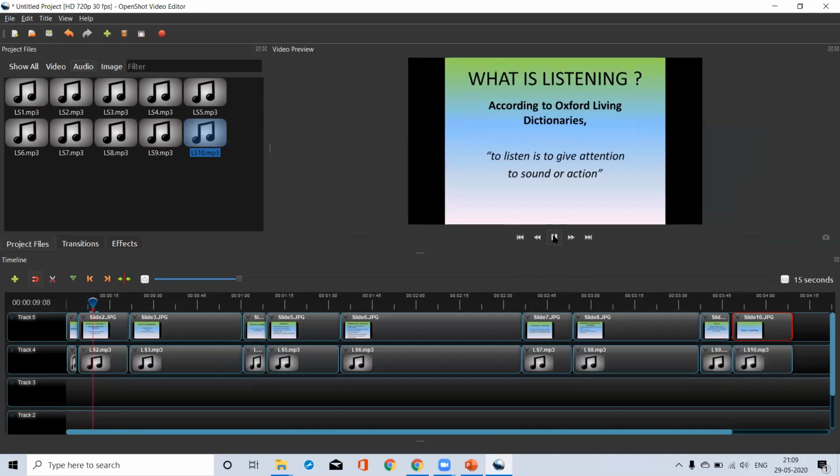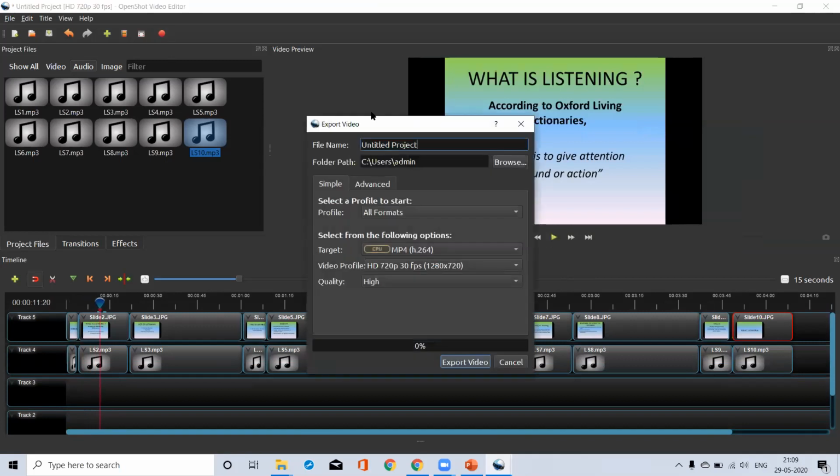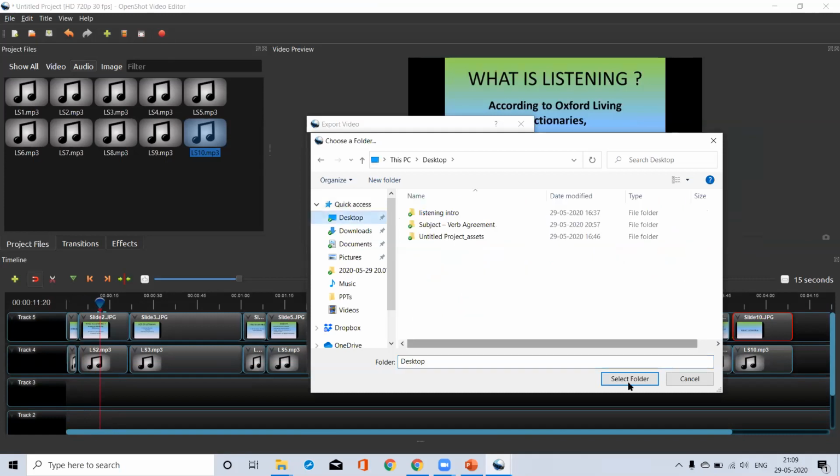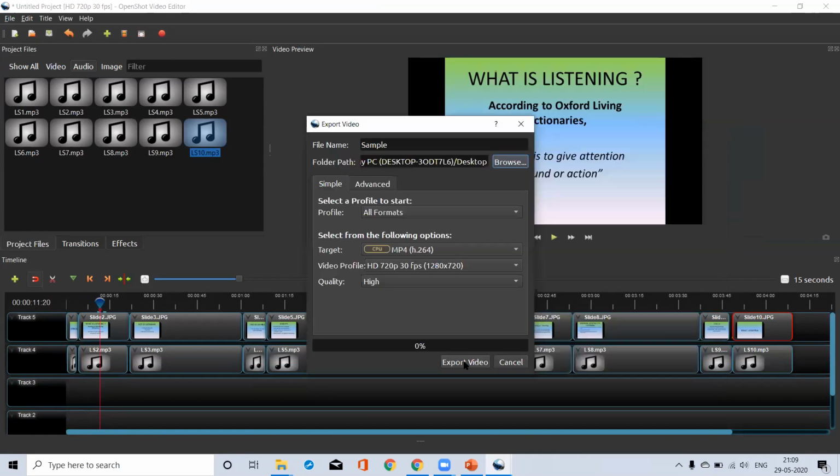So if we are done and satisfied, we have to export this file. Click export and select here, give a name for the file and choose a destination to save your file. Select folder and export video.